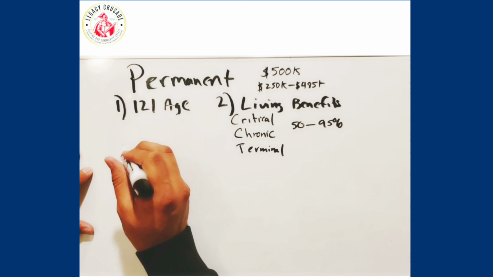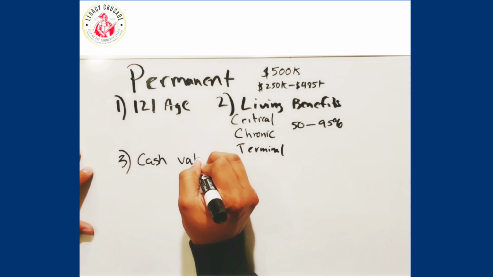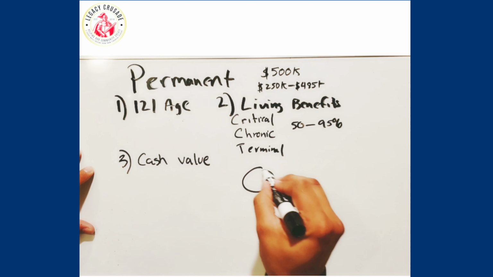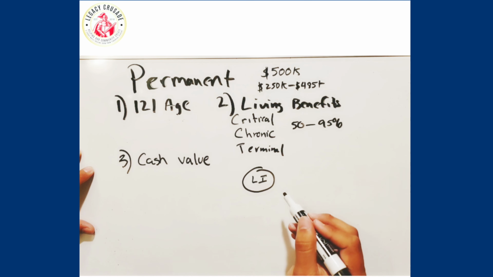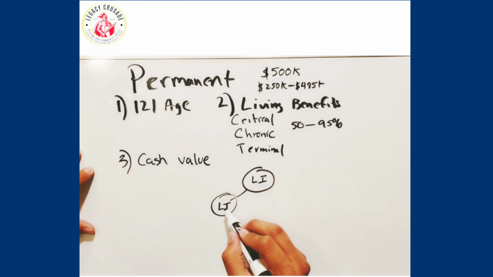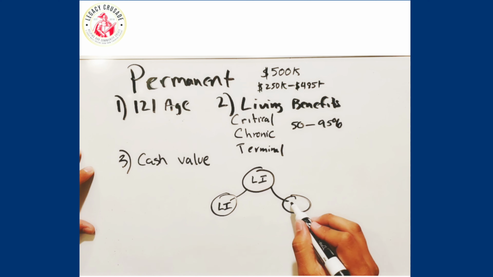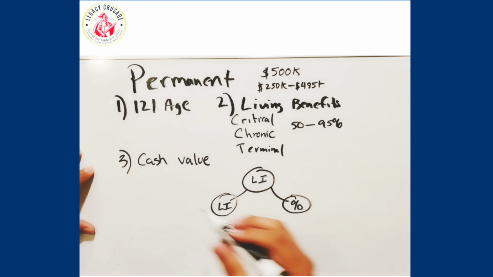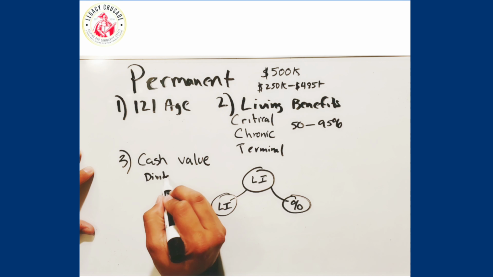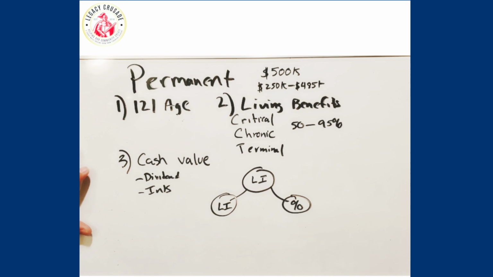And the third benefit is cash value. So what does that mean? That means, imagine this being your life insurance policy. A portion of the money goes to the actual life insurance, and the remaining money above the cost of life insurance grows interest, either in dividends, or it's basically interest mirroring the S&P 500, depending on the policy you go with.